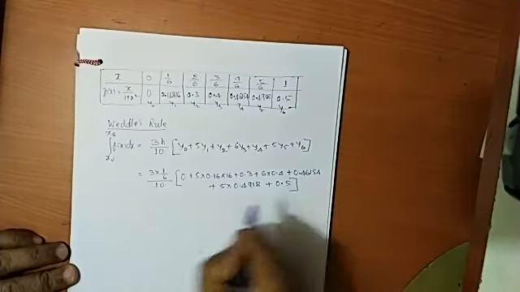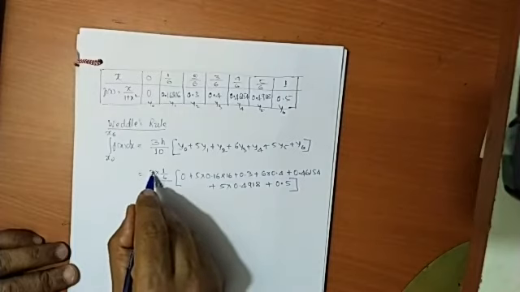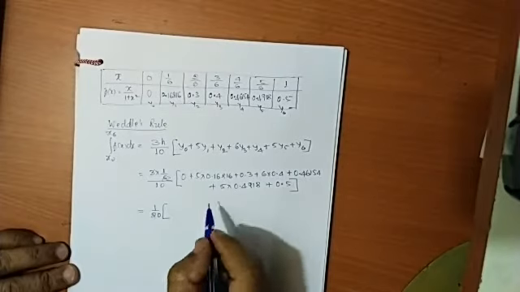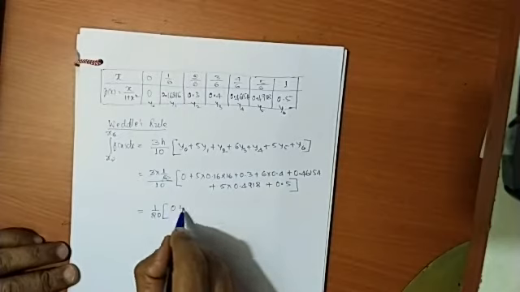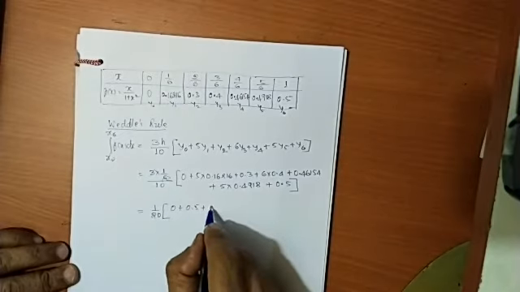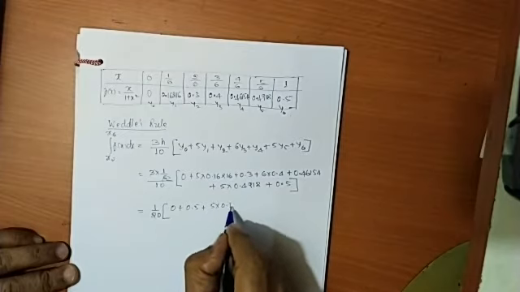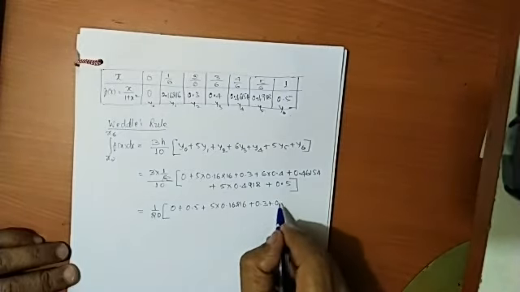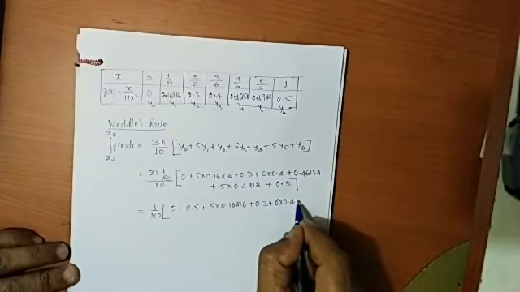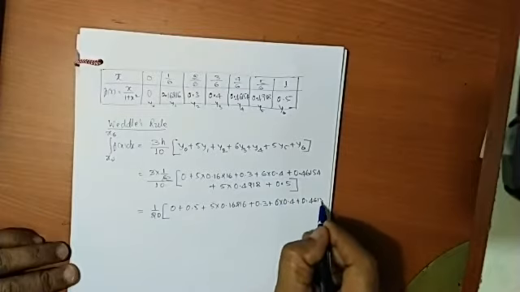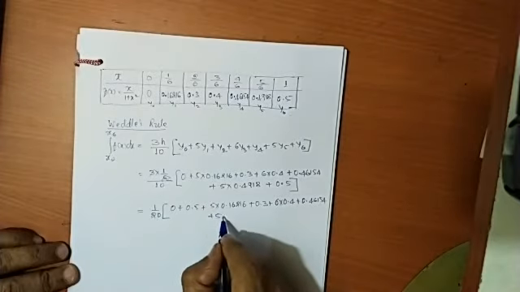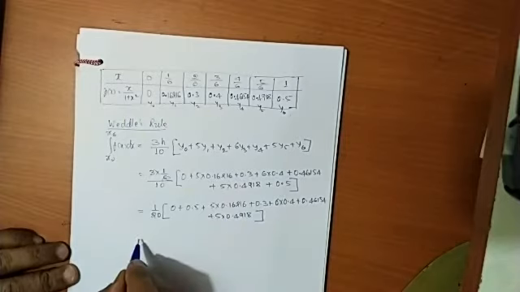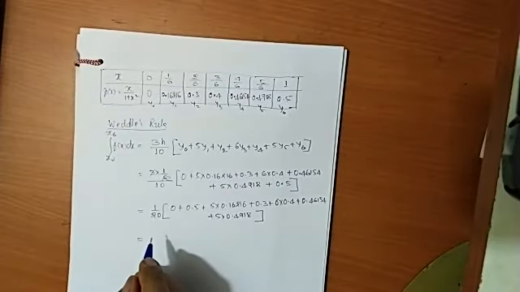0.5, right? If you simplify this, 3 by 6 by 10, so it is 1 by 20 into this: 0 plus 0.5 plus 5 into 0.16216 plus 0.3 plus 6 into 0.4 plus 0.46154 plus 5 times 0.4918. So this gives me the final solution as,